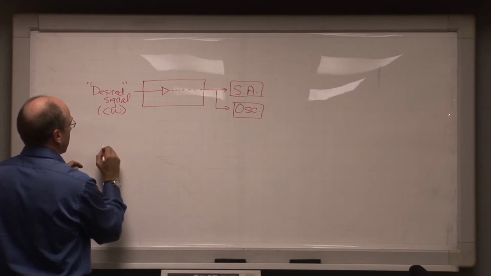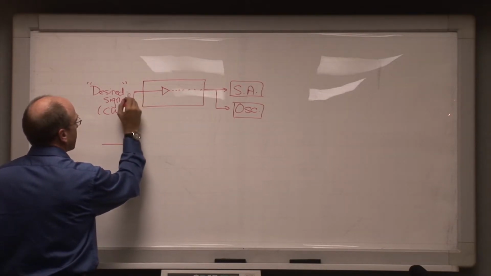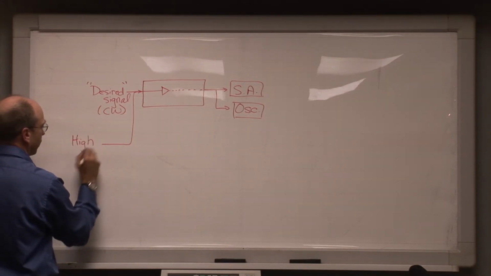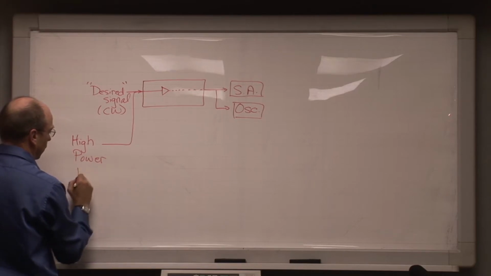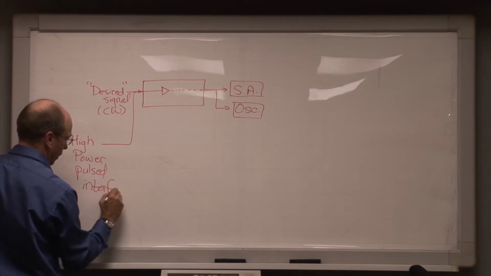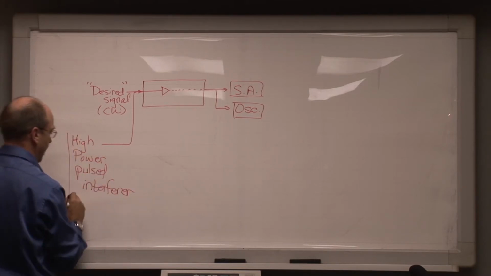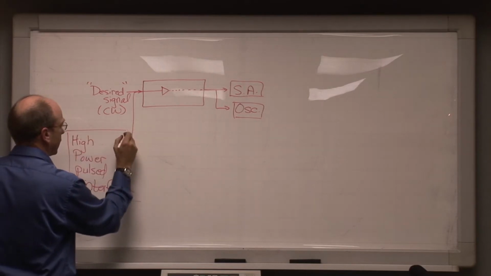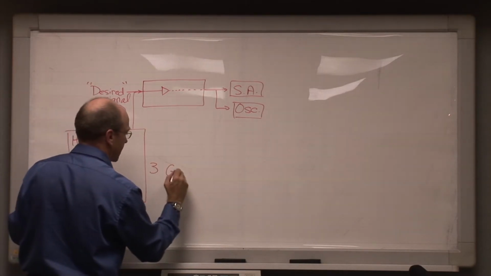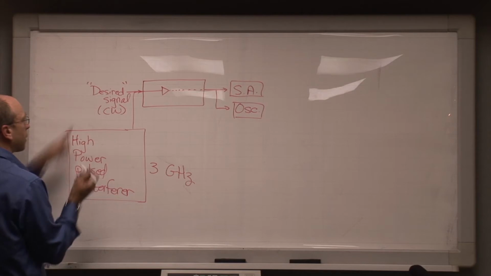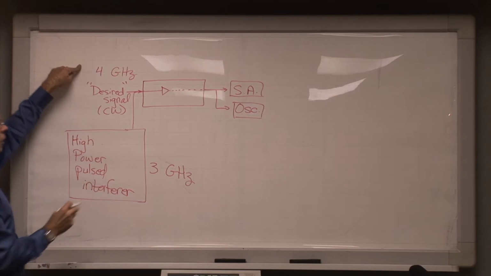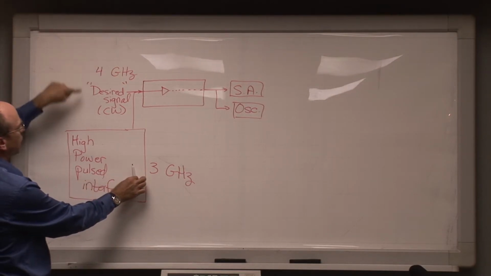And coming in on a coupler into the same path, we have a relatively high power pulsed interferer down here. Draw it like this, like so. This is going to be running at a frequency of 3 gigahertz. The desired signal up here is going to be running at a frequency of 4 gigahertz. So there's going to be a full gigahertz, 1,000 megahertz of frequency separation between the desired signal and the high